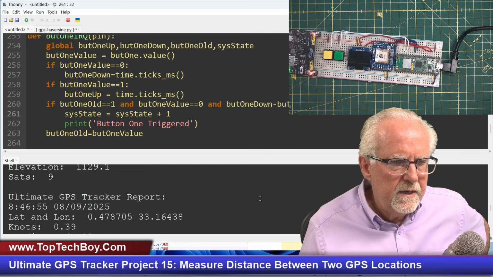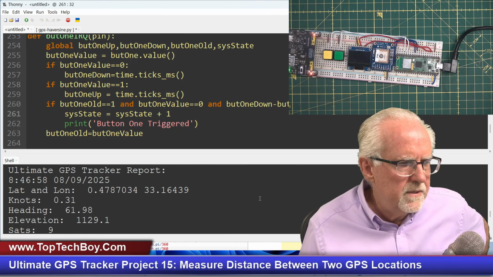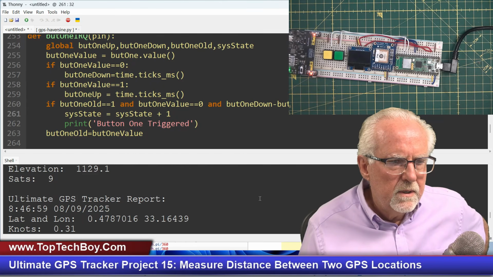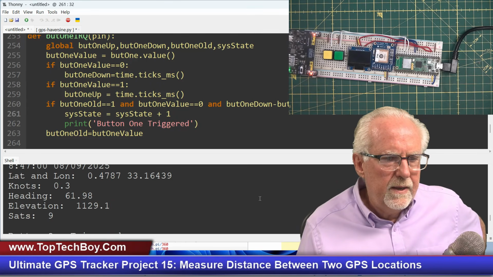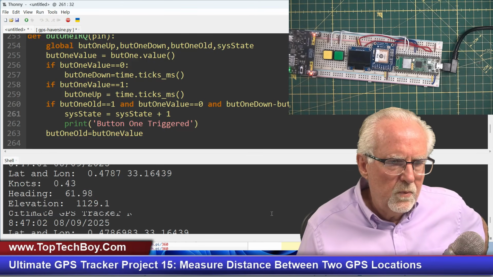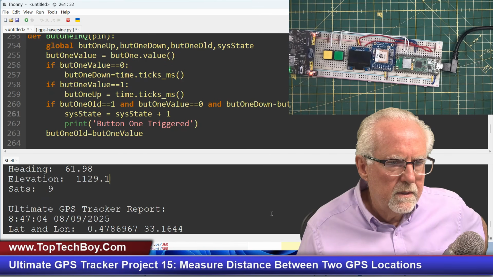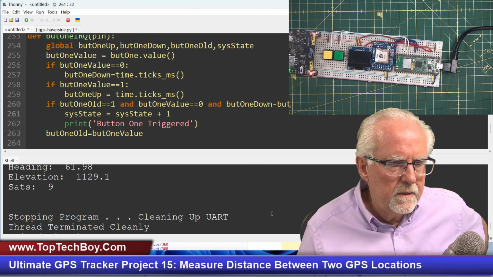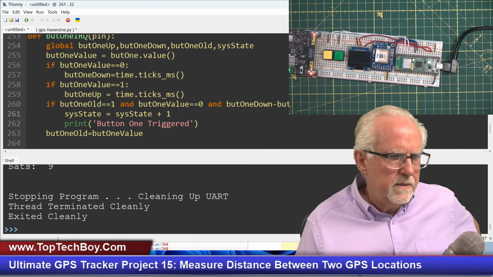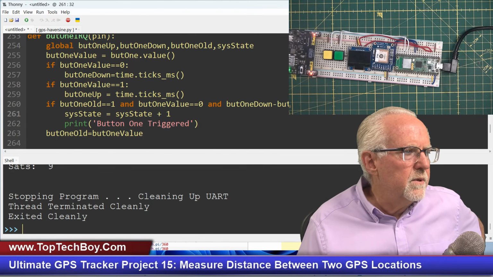But I'm not seeing an error in here, so then what that means is we're not sure why I'm not getting anything on the screen here, but we can get to the bottom of that. Okay, it says we exited cleanly. Okay, so let's look when we go to